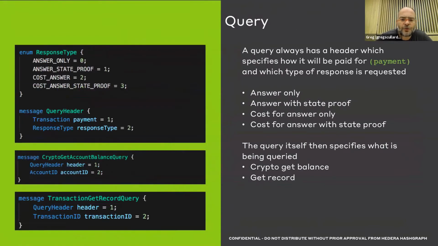Queries. So a query, as I said, only goes to a node. It doesn't go to the network for consensus. There are 4 types of queries. One is an answer only. So essentially, just tell me the answer to my query. The second is an answer with state proof, which means give me an answer, but also include a state proof